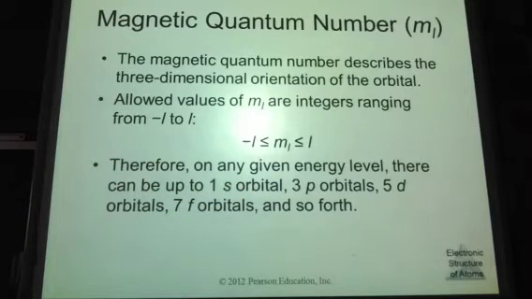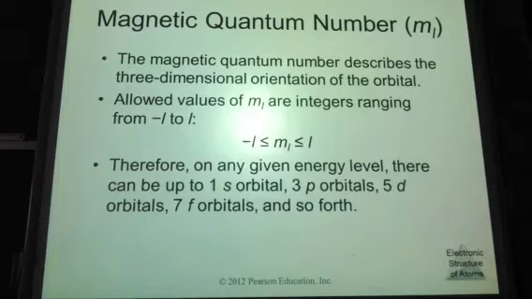For the P orbital, that's dumbbell in shape, we can orient that along the x-axis, the y-axis, or the z-axis. So because of that, we actually have 3 p orbitals. If we go along with that and think about orientations for d orbitals, there are 5, and then the f orbitals, there would be 7. So 1 shape for the s orbital, 3 shapes for the p orbital, 5 orientations for d, and 7 orientations